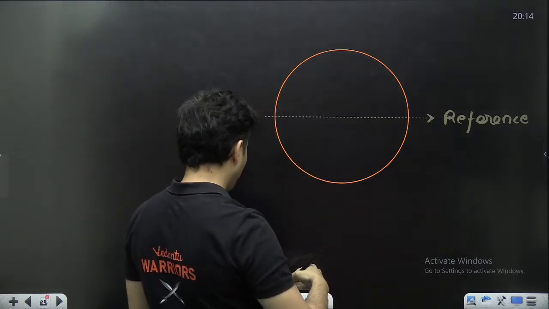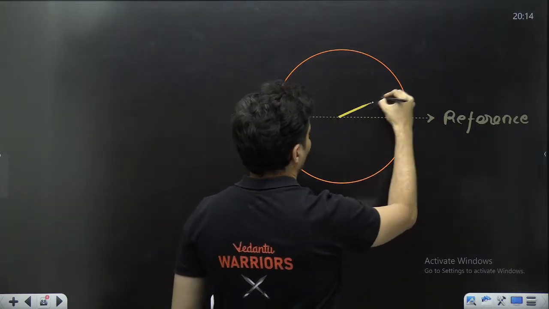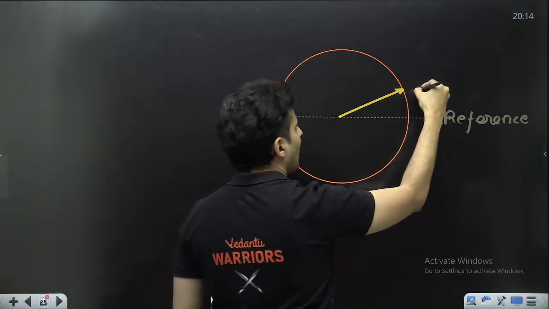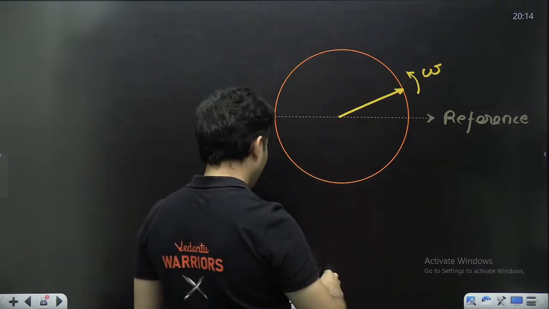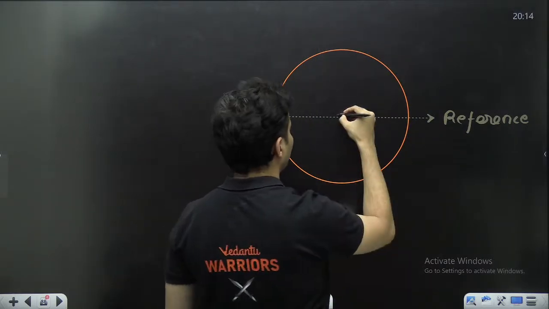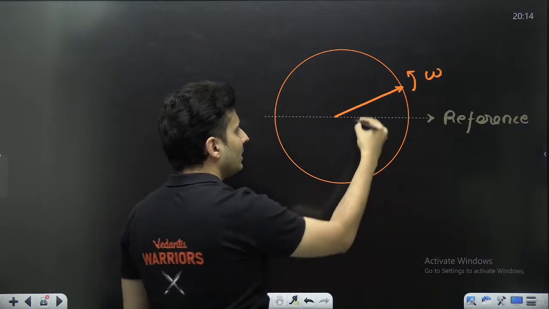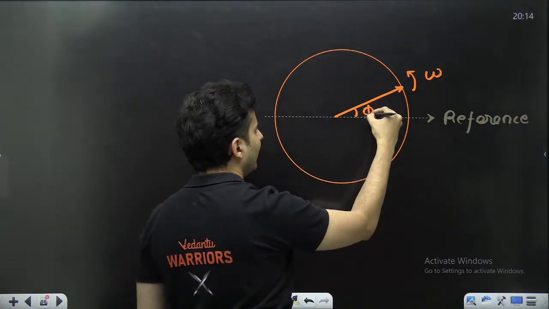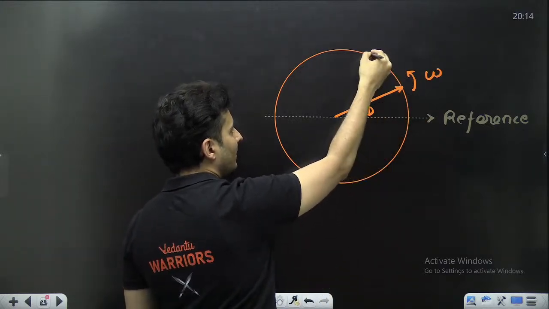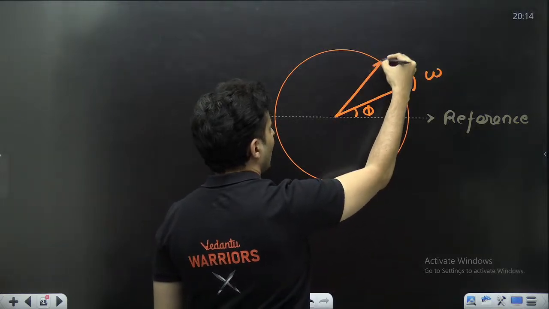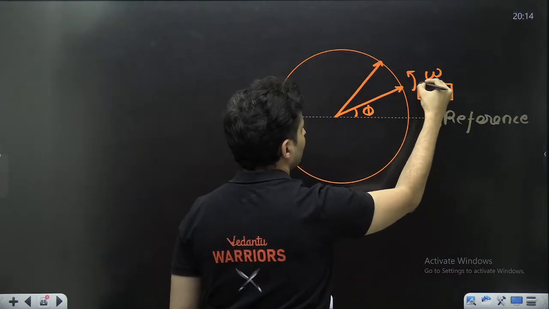Imagine from the origin the particle is over here and it is going like this with some angular velocity omega, UCM, right? It is performing uniform circular motion like this. Initially, it made an angle phi. After some time of reaching here, this was here initially, at t equal to 0. Understand that.